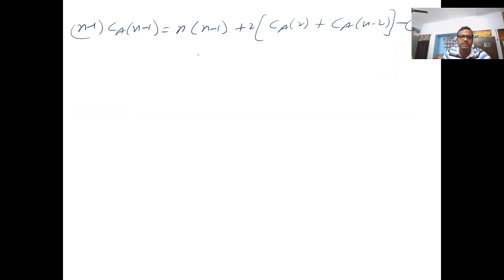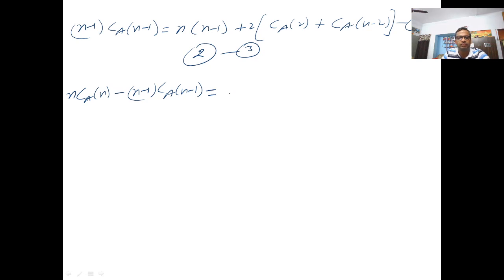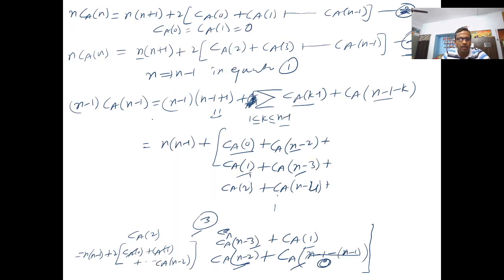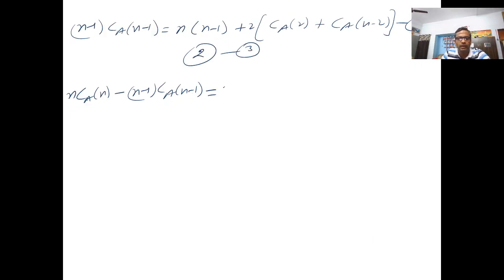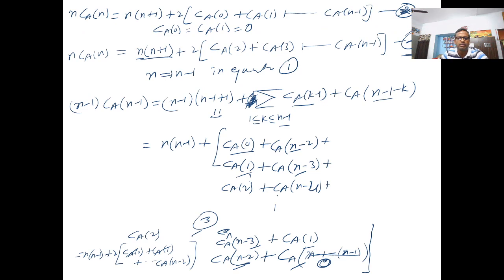Now the next step is just subtract equation number 3 from equation number 2. What will we get? We'll get n into Ca of n minus n minus 1 Ca of n minus 1 will be equal to, now try to observe, this is equation number 2. So n into n plus 1 minus this term n into n minus 1, fine, plus your this term, the second part, this one, from Ca of 2 to Ca of n minus 1,